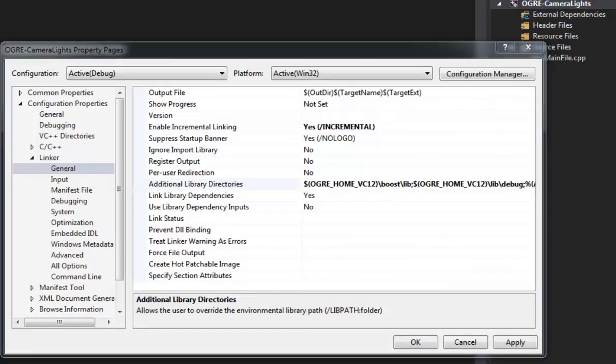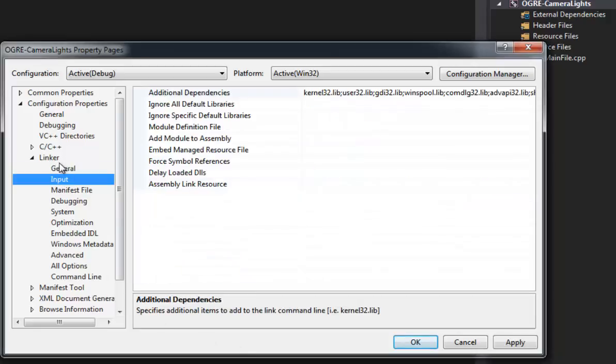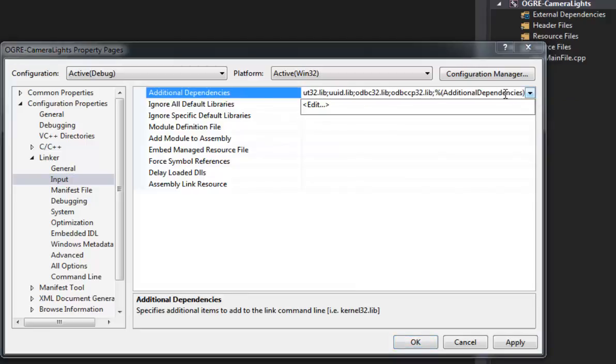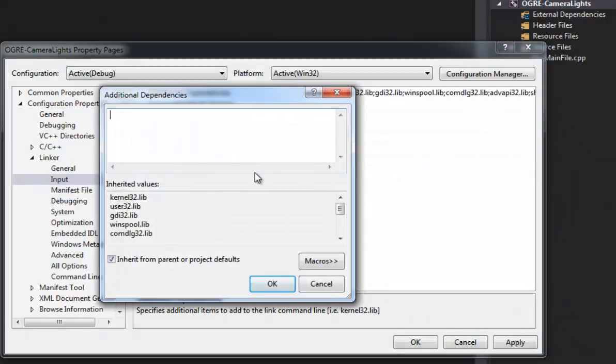Now that the object files and the libraries files are set, I need to also go to the input section of my project linker, and then add my additional dependencies. So on the additional dependencies, we click on edit, and here we will add our OgreMain underscore d.lib, OgreOverlay underscore d.lib, and OIS underscore d.lib. Remember to put the .lib extensions, otherwise